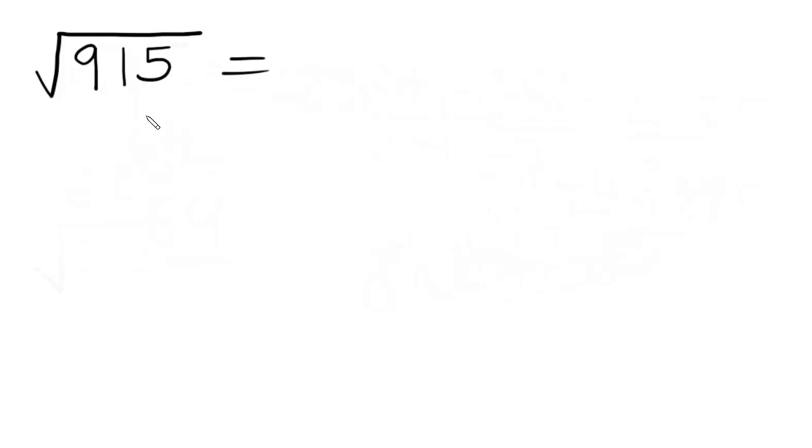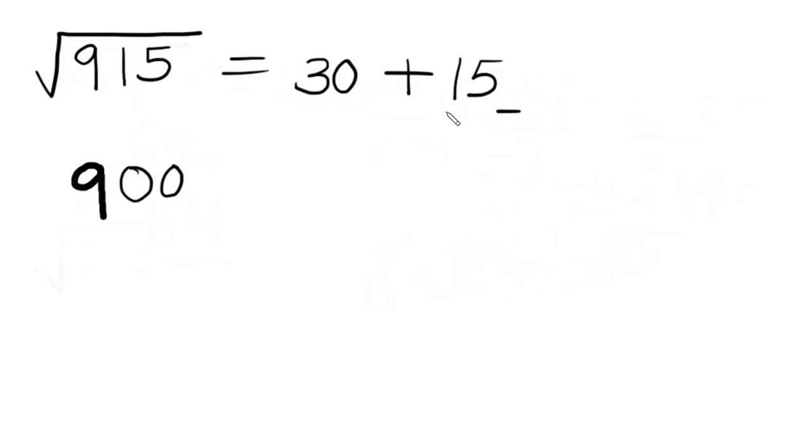Suppose I was asked to find the square root of 915. What I got to do here is find a number which is less than 915 and is a perfect square, which is 900, right? And the square root of 900 is 30. We got to add the difference between these two, which is 15, and divide it by twice the square root of 900, which is 30. Which is 15 by 60 here, which is 1 by 4, which is 0.25. So our answer will be